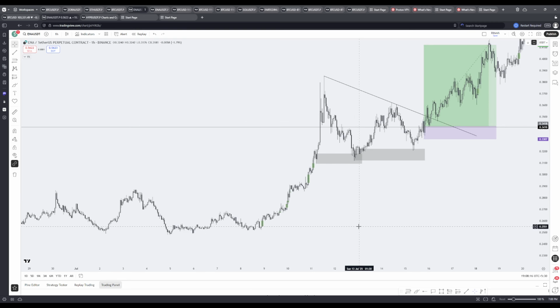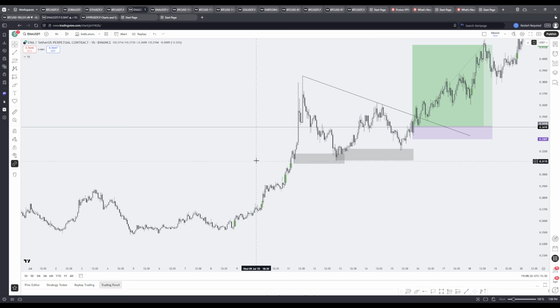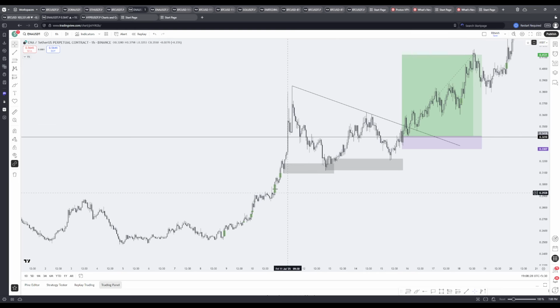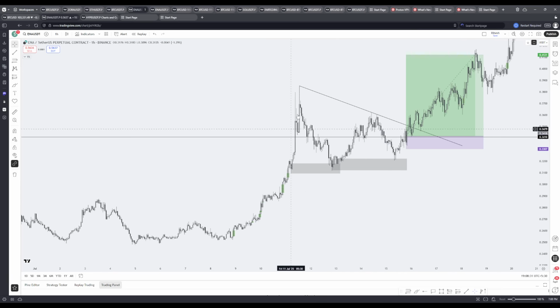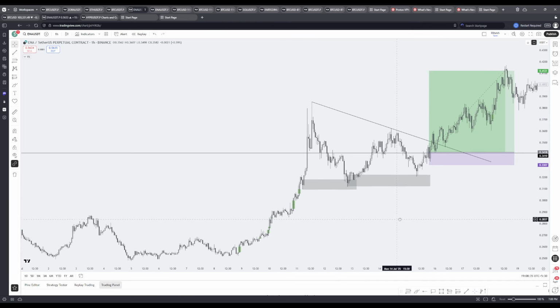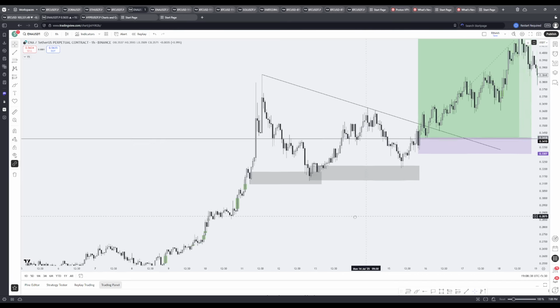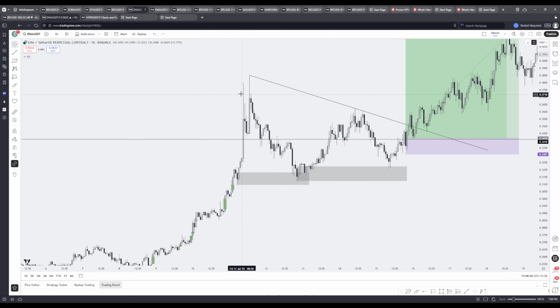Okay, so every time we see this type of expansion move, people ask where to get a position, and you can just observe things. Go back to the charts and see how candles behave regarding this type of price action. Okay, you can see it bounced here. Every time this type of thing happens, I always wait to see how it behaves after getting a pullback. So it bounced around here, and you know that this is basically the demand